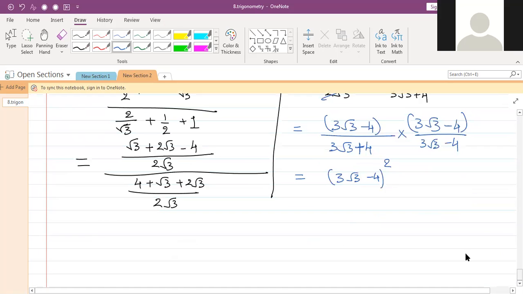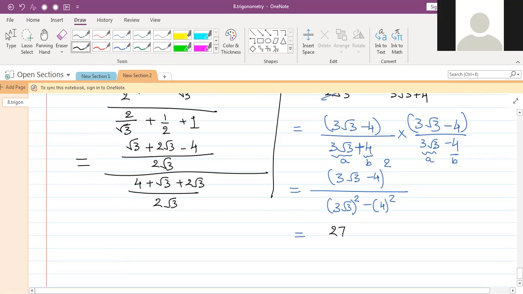And the denominator, that is a plus b, a minus b, because in the denominator you can see that this one is a, suppose, and this one we can call b. So same here, a plus b, a minus b. So that is a square minus b square. So 3 root 3 square minus 4 square. Understand? Yes, sir. And here we can simplify, that is 3 root 3 whole square, that is 3 square 9,